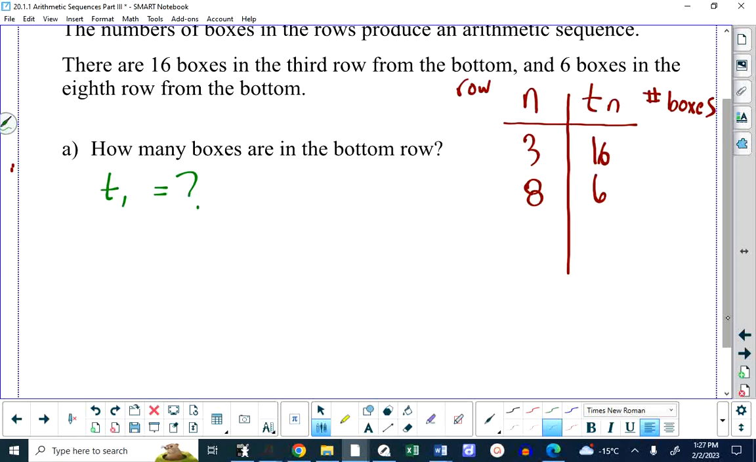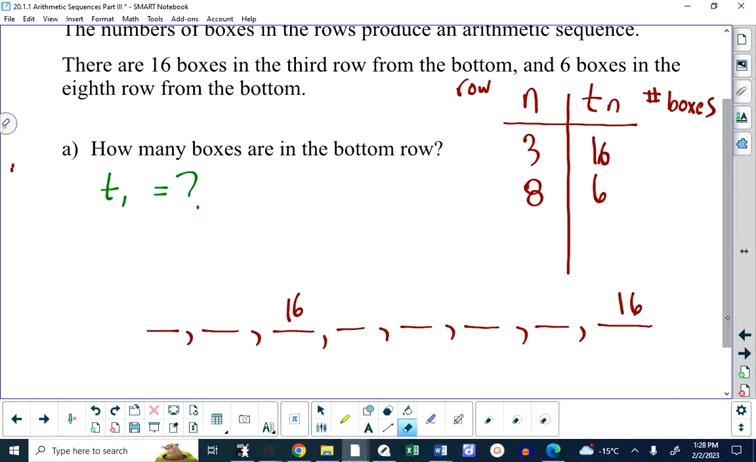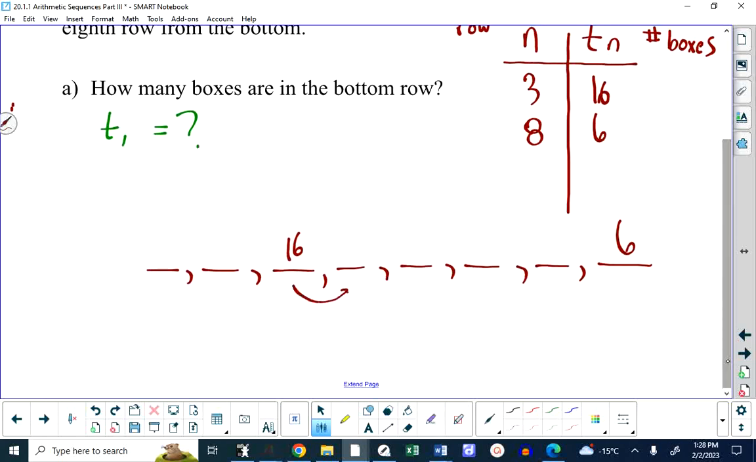This is the same as example 2 in this lesson, except we're not going to solve it with a system of equations. We're simply going to say that to go from the third row, which has 16 boxes, 4, 5, 6, 7, 8, to the 8th row that has 6 boxes. Did I write the numbers down right? I just want to make sure. 3 is 16, and 8 gives us 6. To go from that third row to the eighth row, you add